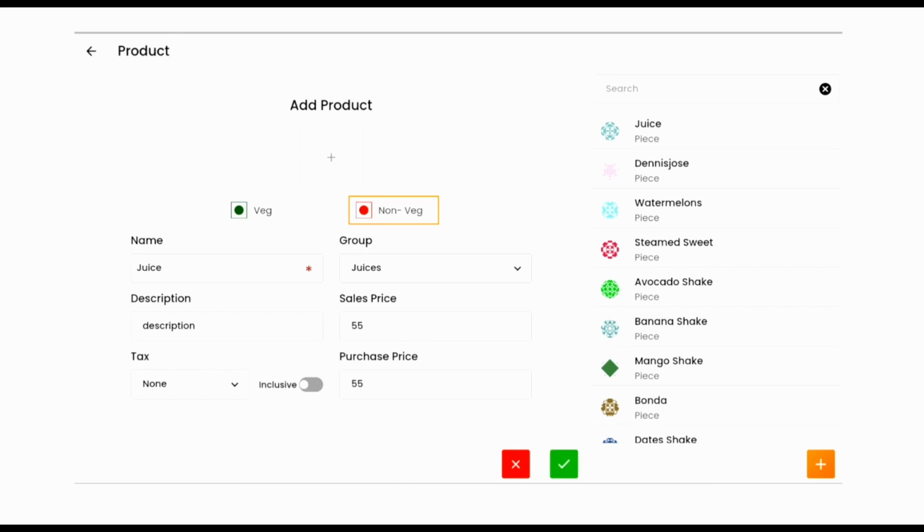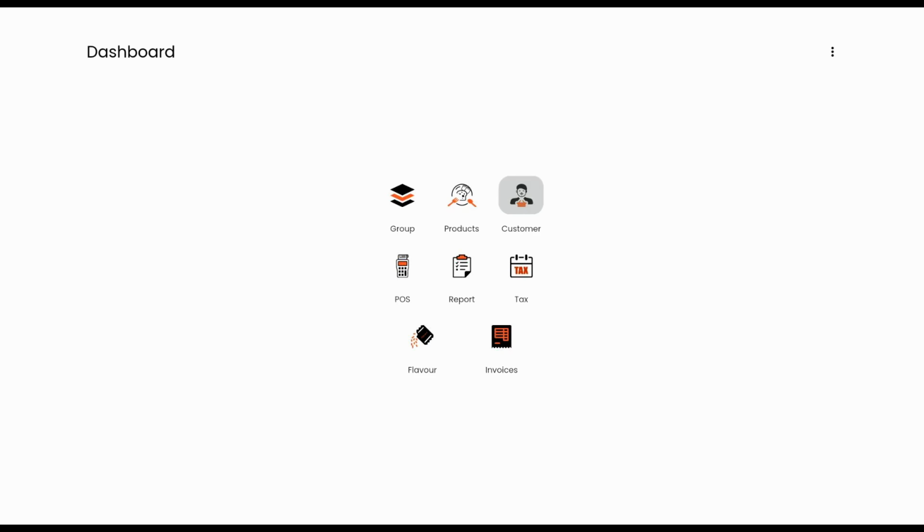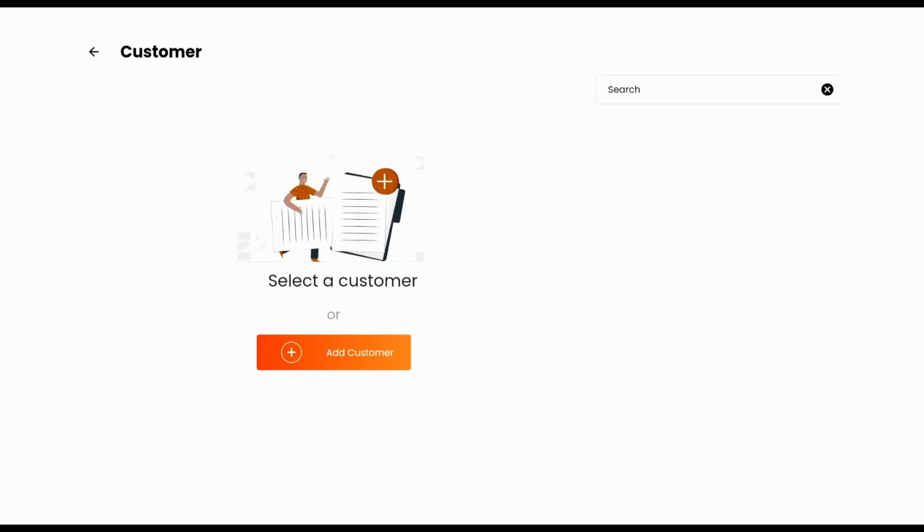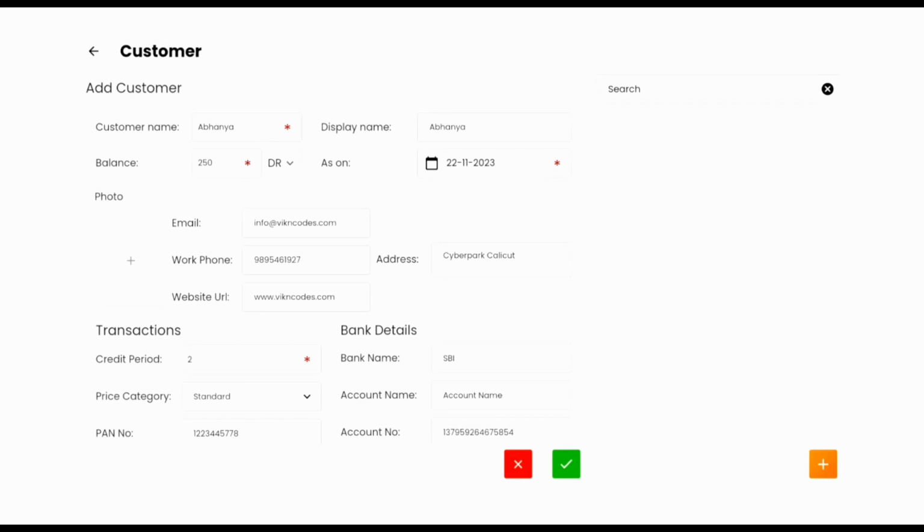Now, let's explore the Customer section. Click on the Customer button and then Add Customer. Enter customer details such as name, display name, balance, date, email, phone number, website URL, address, transaction details, credit period,